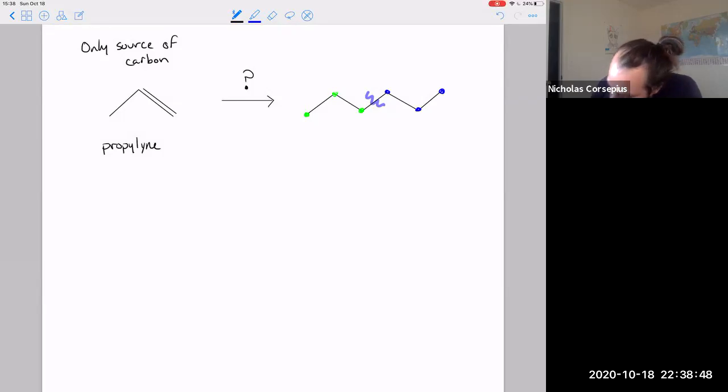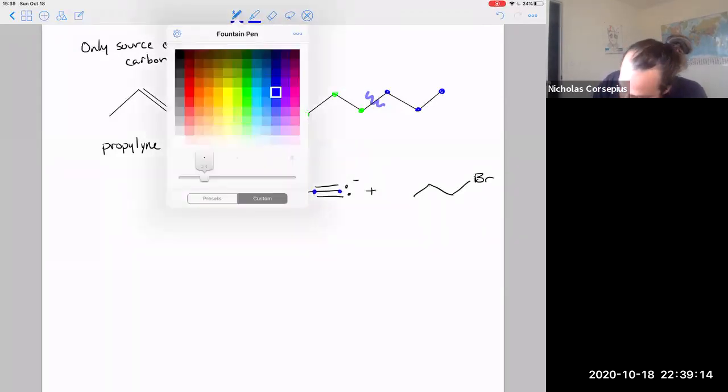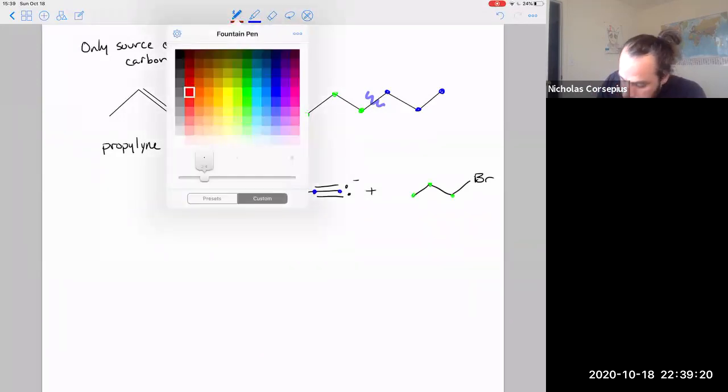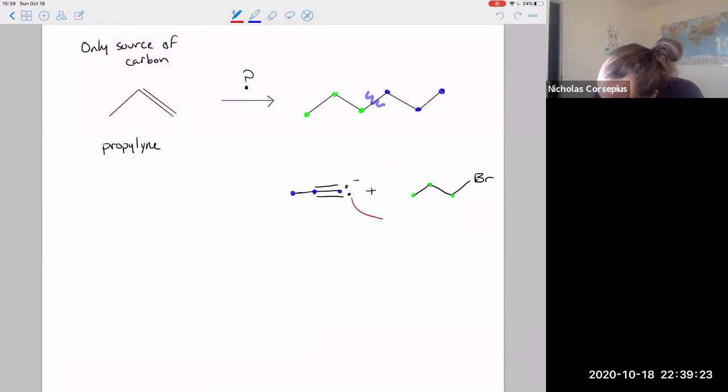Well, the only way that I have to form carbon-carbon double bonds is, again, using something like this and reacting it with something like this. Oops, sorry, this is an ion, right? And importantly, 1, 2, 3 carbons in that, and 1, 2, 3 carbons in that. And so if this were to react, oh, I'll go the other way, that would allow me to form a new carbon-carbon double bond,